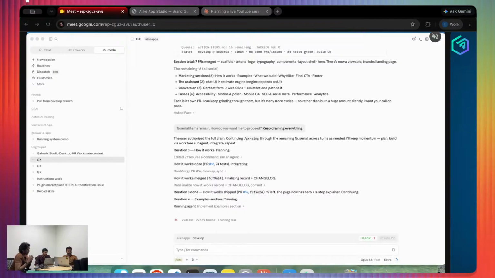It has been iterating each and every action item. Yeah, you have been seeing that